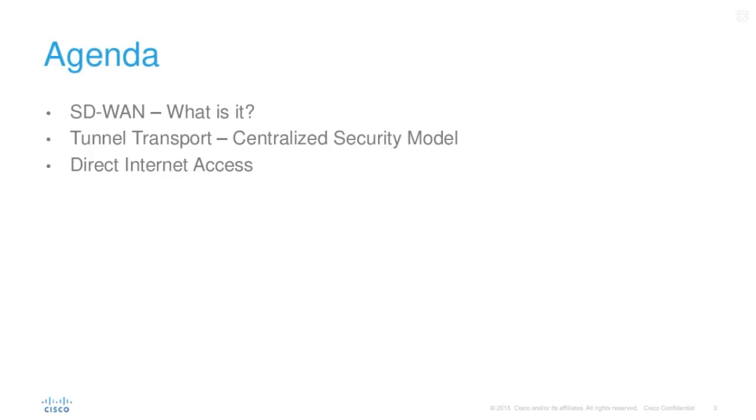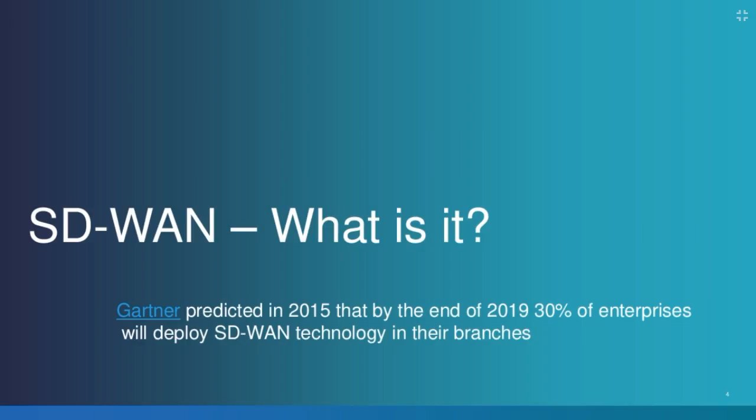So I'm going to chat a little bit first about what it is, so folks understand the main components of it. And I'm going to talk about the two main security models for how it's implemented. And they're quite different. One is just using traditional tunnel transport and centralizing the security assets at the head-end location, like we've traditionally done with most WANs. And then I'll chat about direct internet access at those remote branches